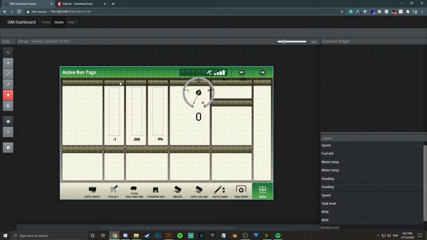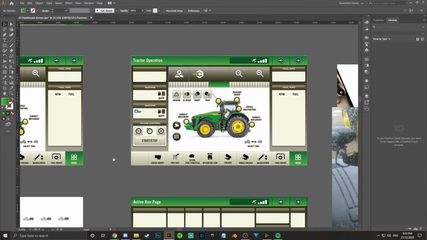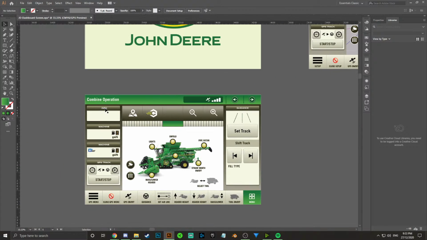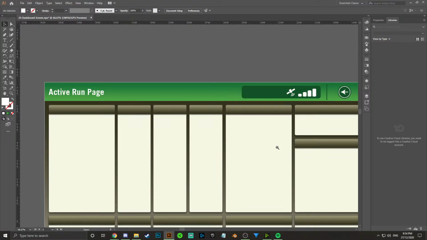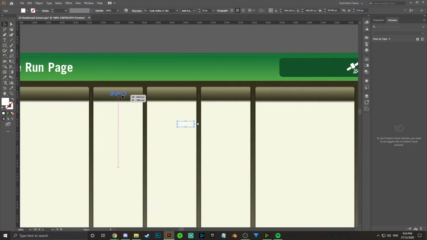Now what we would do here is probably jump back into Illustrator and give these titles, so we would know that one would be RPM, water temp, fuel, and re-import that background image. In fact, let's do that. No point in having a live demo if you're not going to actually demo it live, are you? So let's take a bit of text that we've got from one of our other dashboards, paste it in there, so you see it snaps to the center point, so you know everything's aligned, which is quite good. So I just do RPM there,